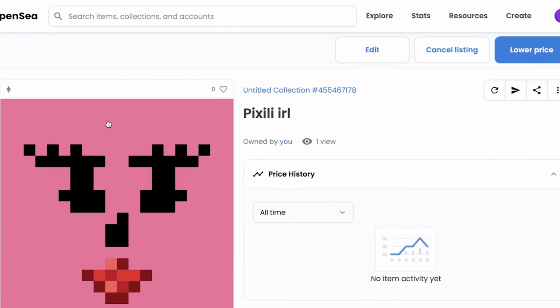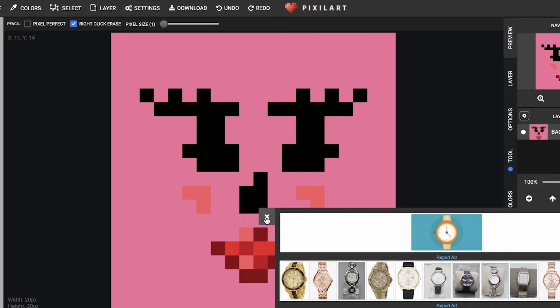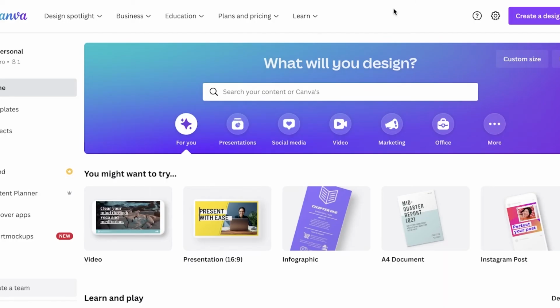Now, this NFT over here, this simple little illustration I have created using pixel art, and I have a detailed tutorial on how to create this specific illustration, so you can check that video out if you want to learn how to create pixel art collections. And if you want to create a simple NFT, then you can go on to canva.com. I also have a detailed tutorial on how to create a simple NFT using Canva, so check those videos out as well,